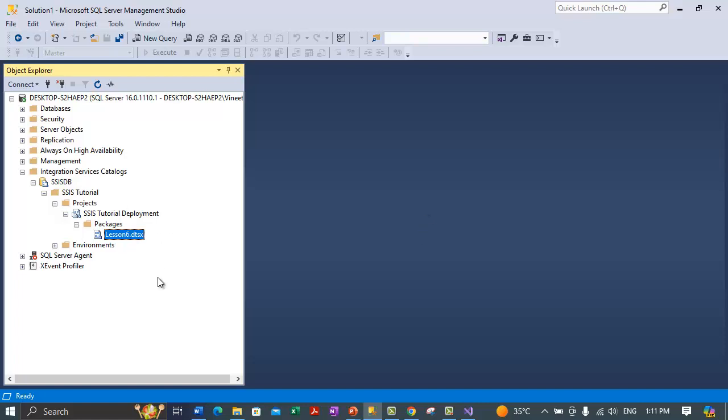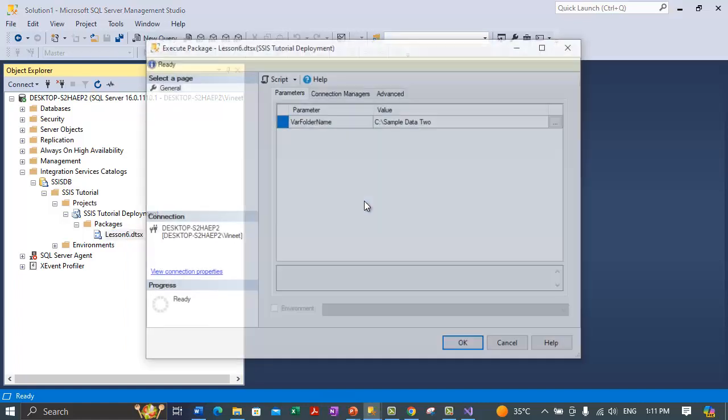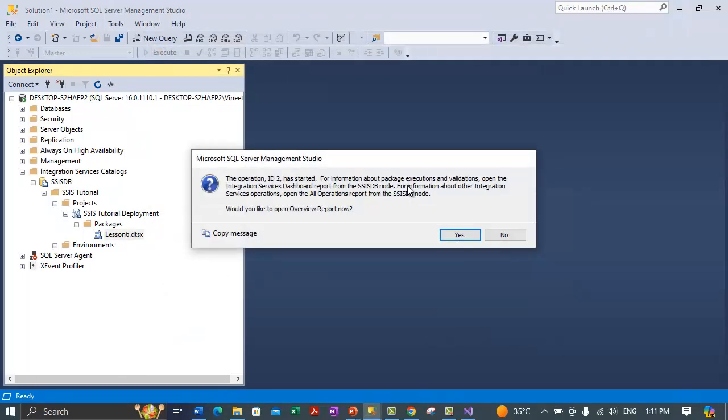Now in the Object Explorer, if you want to execute this lesson 6 package, we need to right click on it and select the execute button, and it gives us the execute package dialog box. On that box, it is showing us the sample data folder or the directory in which the files are there. And let's click on OK to execute the package, and we'll get the message dialog box,